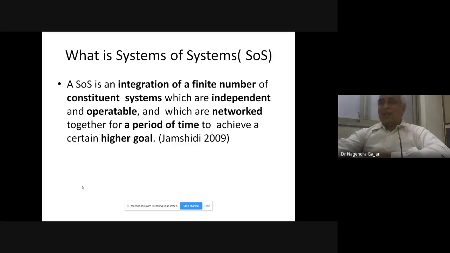So I have highlighted some keywords here in bold. SOS is an integration of a finite number of constituent systems. So we say that I'm designing a system which will be an integration of a finite number of systems. I have system 1, system 2, system 3, and so on and so forth. That's how I'll have a finite number, n number, of systems which I interconnect, and they are the constituent systems. Okay, so you can keep in mind all these keywords which are highlighted here, because at